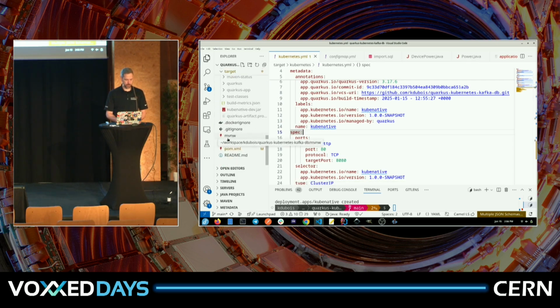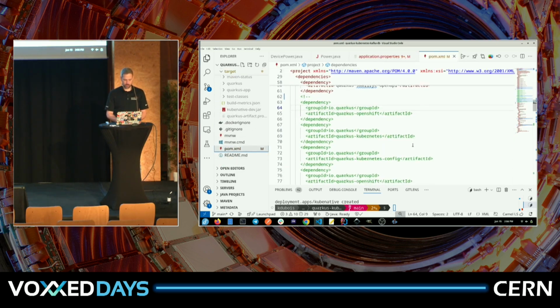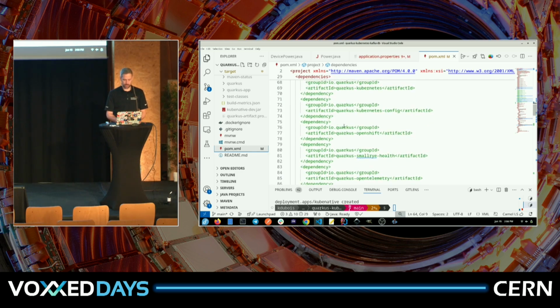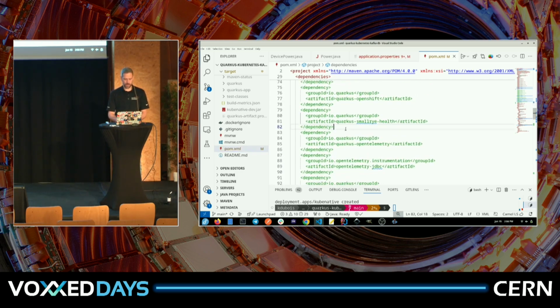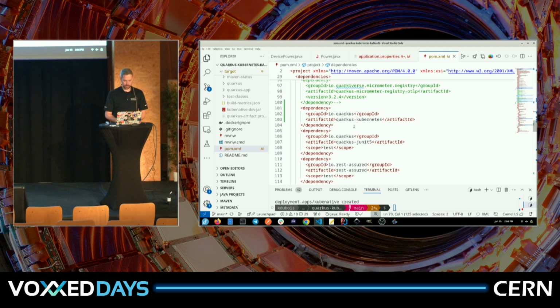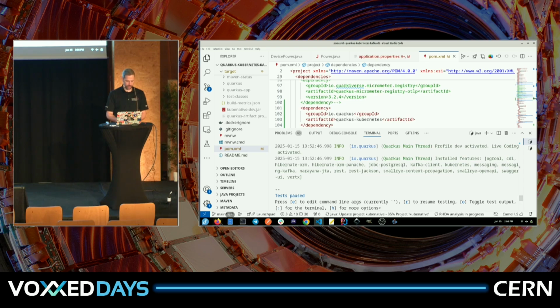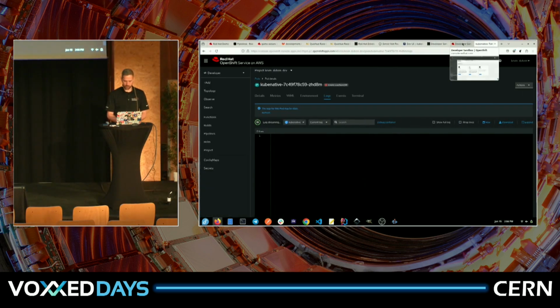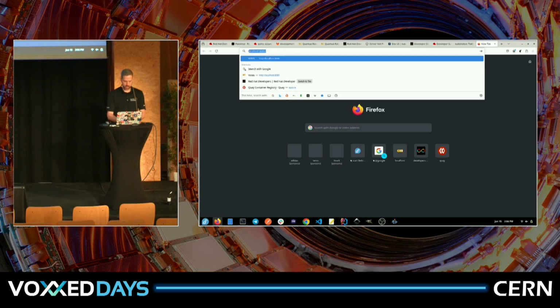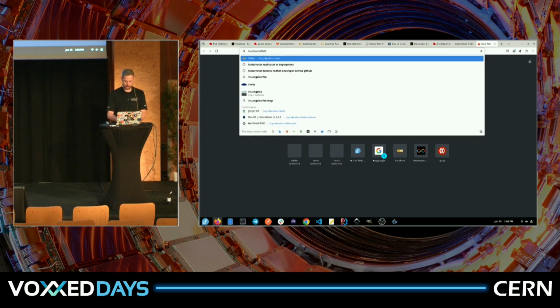If you're using Quarkus, what you can do is add the Quarkus SmallRye Health extension. SmallRye is an implementation of the MicroProfile specification. So let's say I add this dependency to my application, and because it's still running in dev mode, you can see that it'll reload, and then I can see on my local machine, running on localhost 8080,